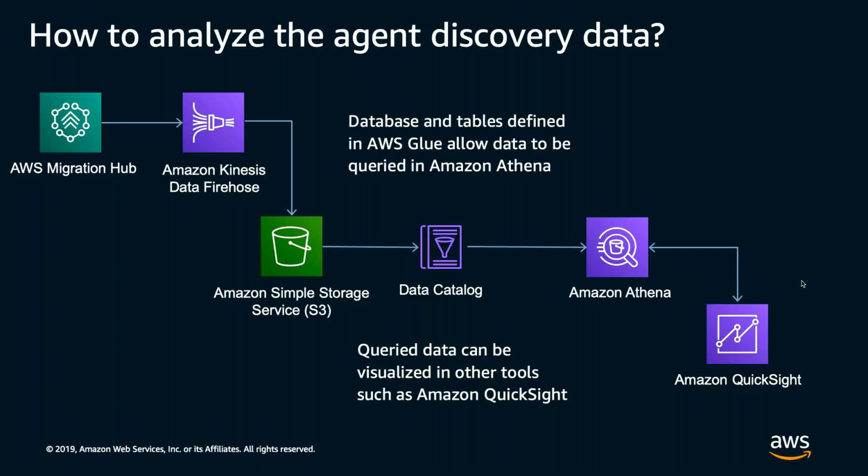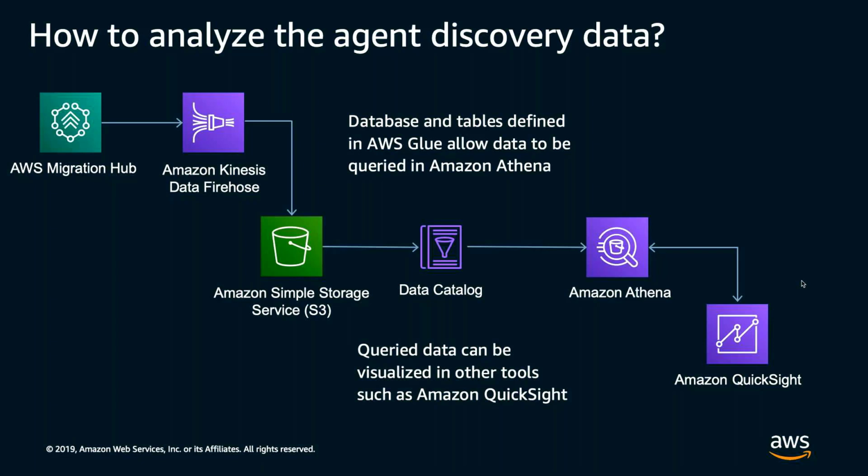And so using the console or the CLI, you have the ability to start what's called an export task, which will give you a URL that allows you to download a zip file with the data of the discovered servers in a CSV format, along with a JSON file containing the data about the export task and its results. Lastly, you have the ability to explore the data in Amazon Athena, which gives you the ability to analyze that collected data from all of your discovered on-premises servers and by the discovery agents or the connector, all in one